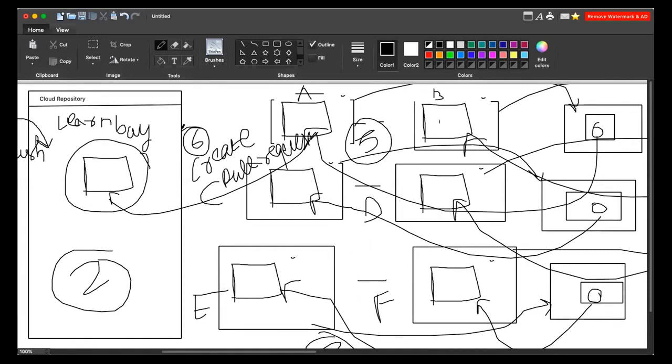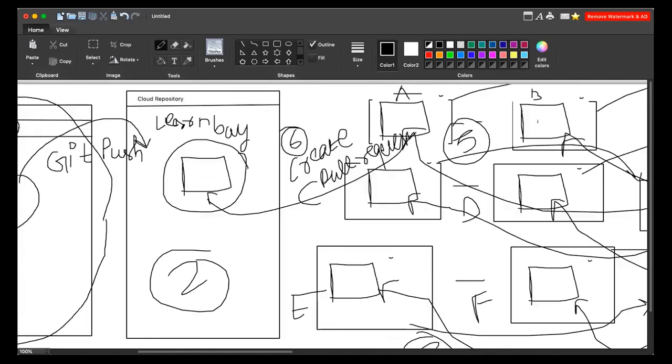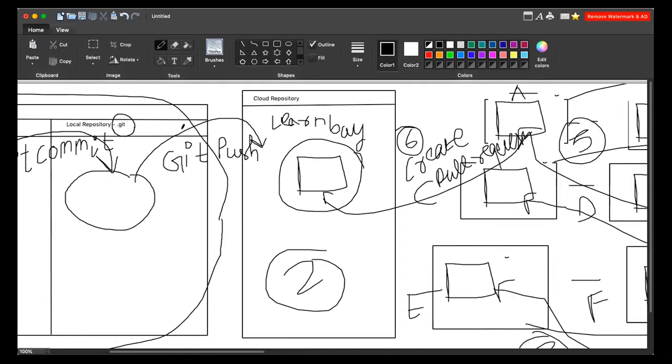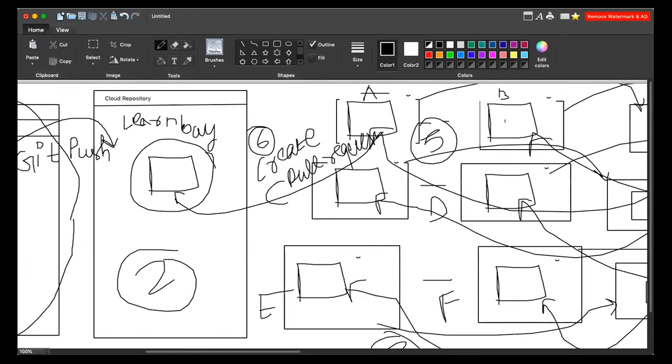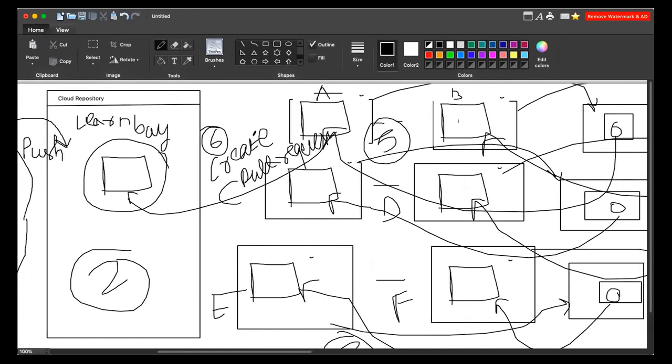Fine. At least this part you have to do: git add, git commit, git push. All these things you have to do one by one, and once git push is done, then you have to create the pull request. So these 4 steps you have to do one by one. Okay, the rest, like we have created the repository and forked the repository, you can do in any sequence. That doesn't matter. Clear?